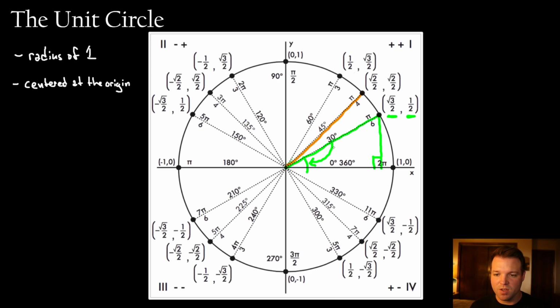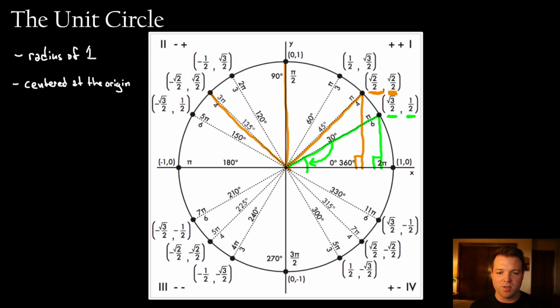So if I took this 45-degree reference angle and made a little right triangle here, note that this happens to be an x value of root 2 over 2 and a y value of the same thing. And then you can still do the exact same thing. We'll talk about 90 degrees later on. But anyway, let's go